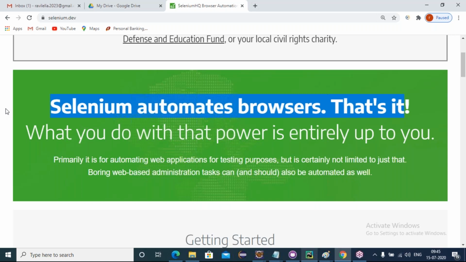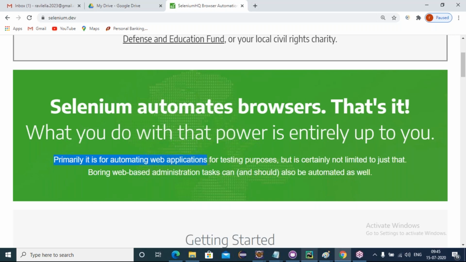What you do with that power is entirely up to you. Once you are good in any programming language like Java, C#, Ruby or Python, you can automate using Selenium in any browser. The power is entirely up to you, based on the programming skills you have. So primarily it is for automating web applications.